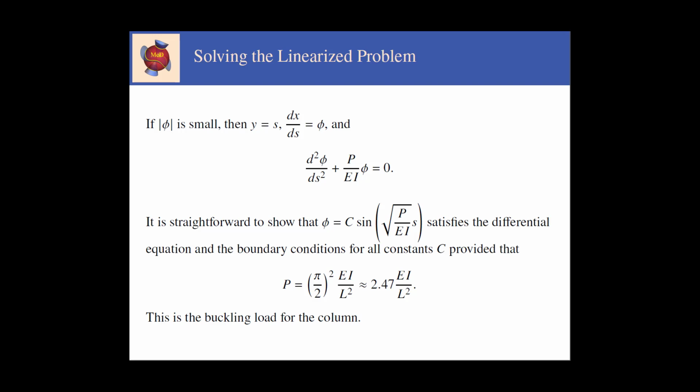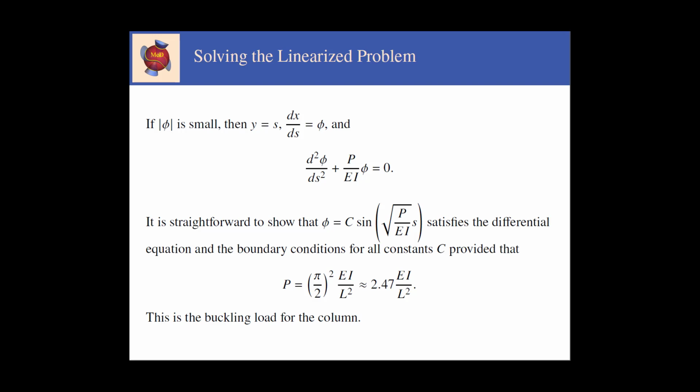But if phi is small in magnitude, then the sine of phi is approximately phi, and we obtain a linear equation for phi that we can solve using the methods of a first course in differential equations. We find that phi is equal to some constant c times the sine of the square root of P over EI times s. This satisfies the differential equation for phi and the corresponding boundary conditions for all constants c,